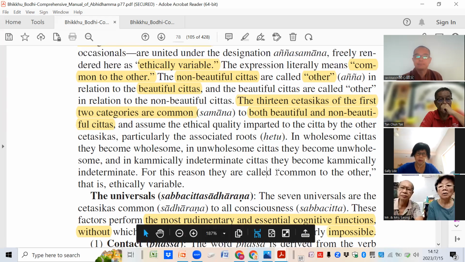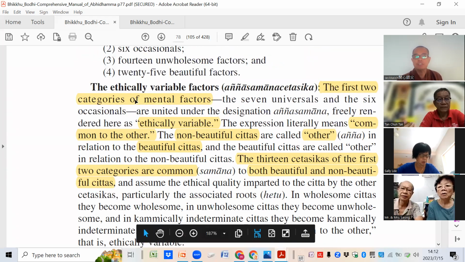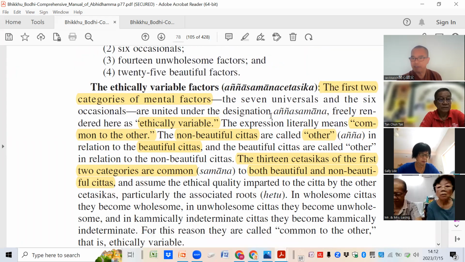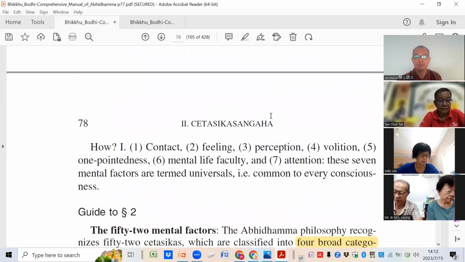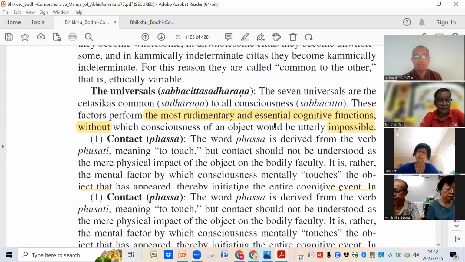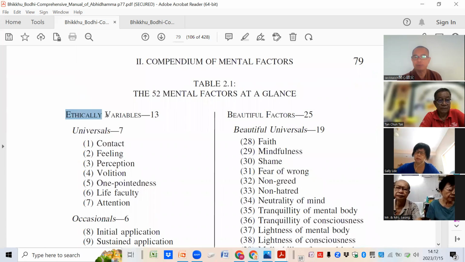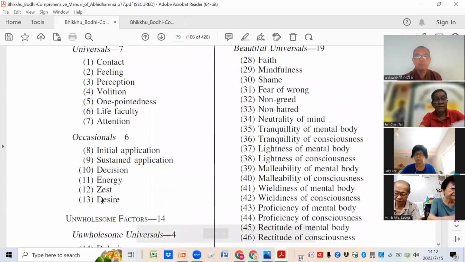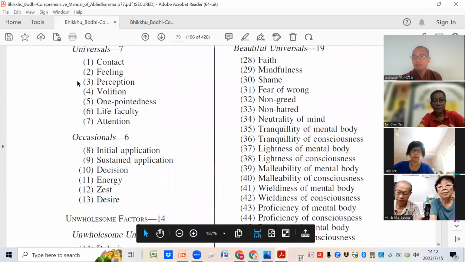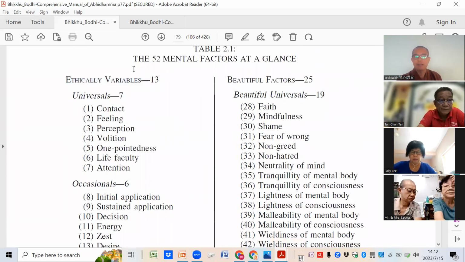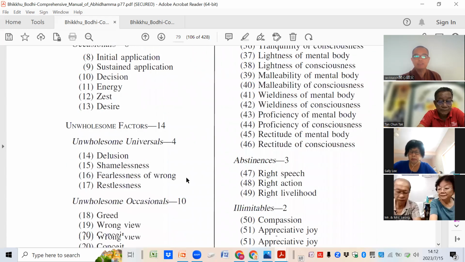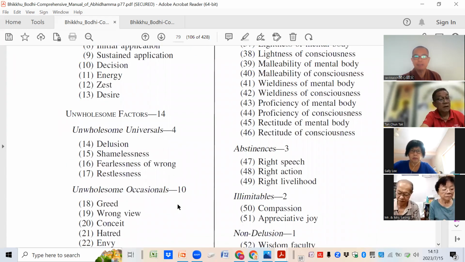Okay, finished. Class, take a look. So number one, we have a definition for the ethically variable factor. From here, we are able to see the ethically variable. So just now we mentioned this part, they are ethically variable, meaning that if they are present in the unwholesome